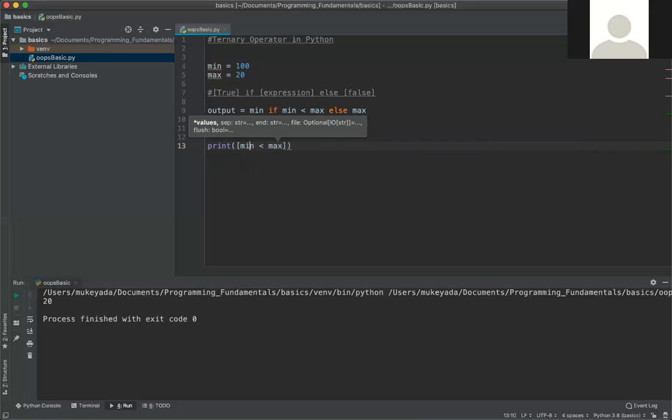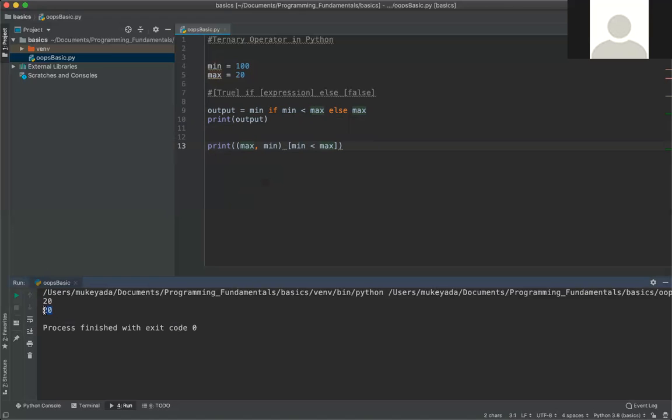If min is less than max, then we print the values. For printing the values, we can write max comma min. Now let's run the program again. Again it's printing 20 because this is the minimum, and this syntax is for tuples.